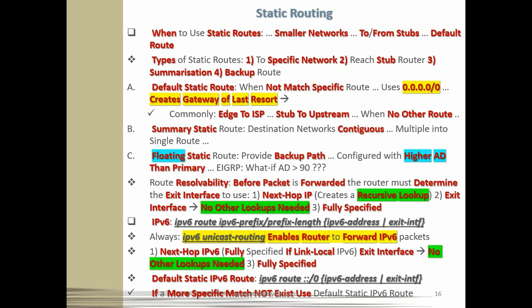For IPv4, if you issue ip route 0.0.0.0 and the subnet mask 0.0.0.0, and then specify the next hop address, let's say 172.16.2.2, this is the primary route. Now if we issue ip route, the same network quad 0, 0.0.0.0 with subnet mask 0.0.0.0, and then we put another next hop to form the backup path, let's say 10.10.10.2